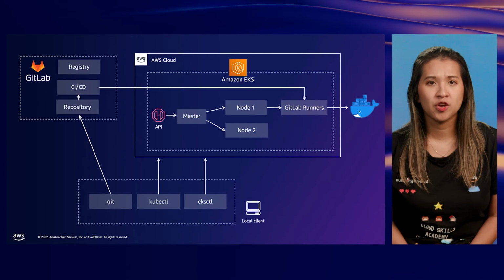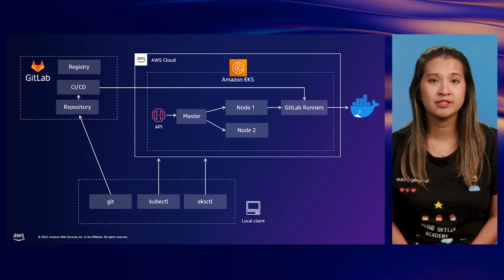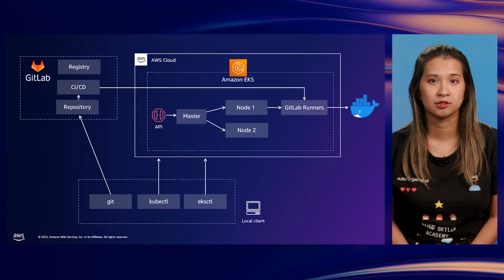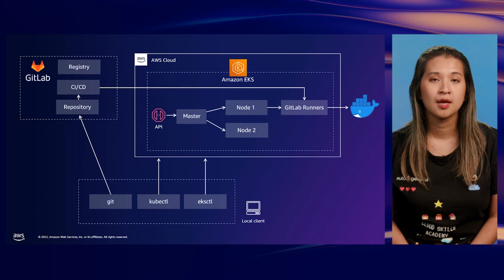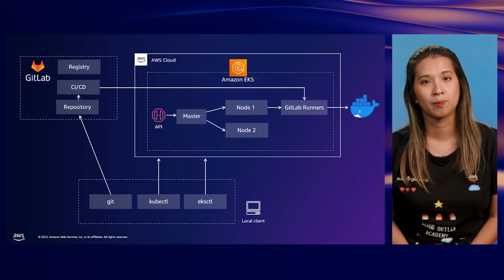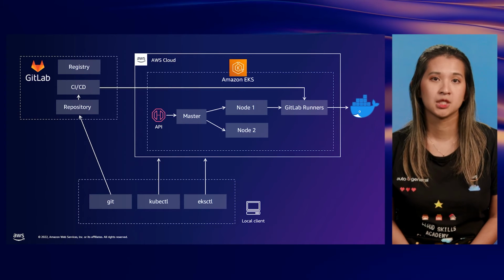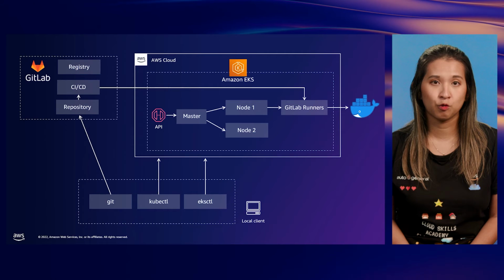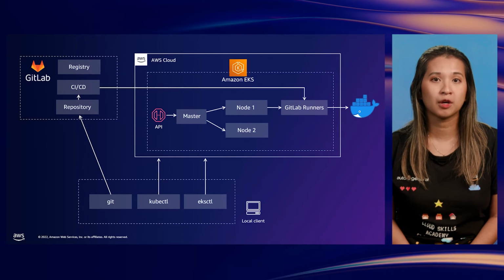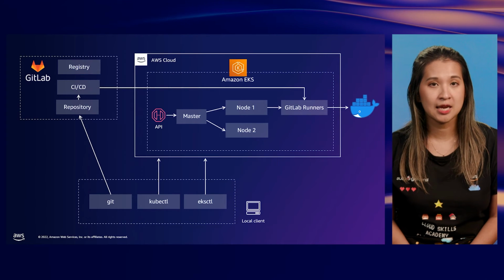Taking a closer look at how this works across GitLab and Amazon EKS, you can see DevOps tools like Git, kubectl, and EKSCTL used on a local workstation can communicate with both AWS and GitLab.com. A Git push to the repository can trigger a pipeline run. The GitLab runner itself, which has been installed via Helm chart, polls GitLab.com to check if there are jobs that need to be run. The master node within Amazon EKS